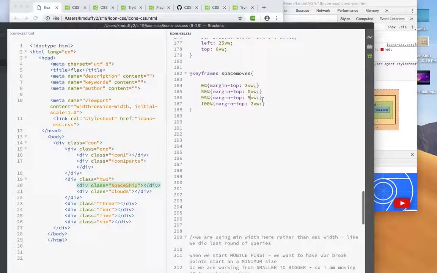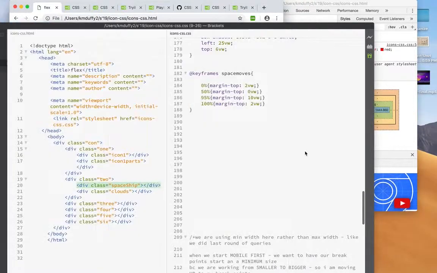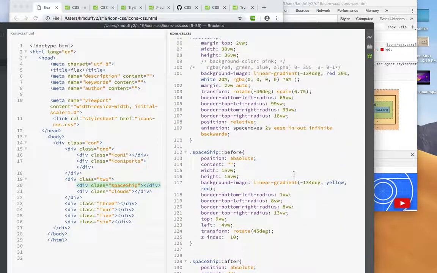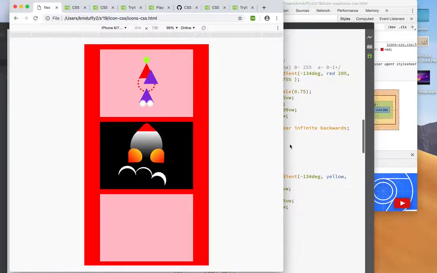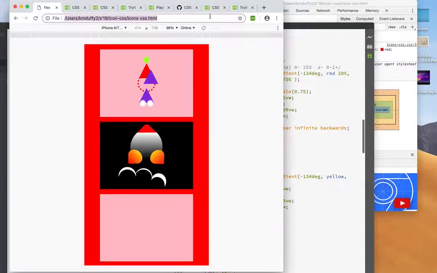So maybe we want to drop this down even more, just to give you a little more dramatic effect here. And see that ease in, ease out function, if I set that to linear, where did I put that? So it won't have that same kind of effect. I anticipated that to behave a little differently, but